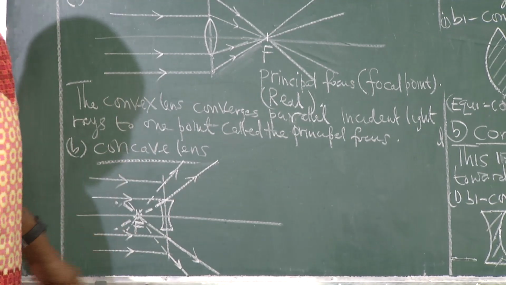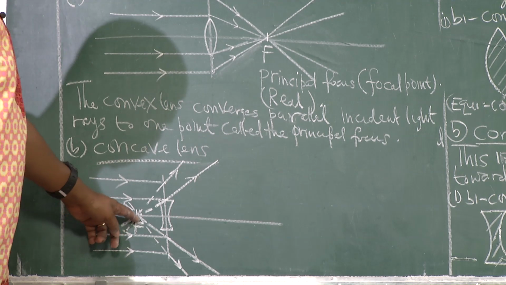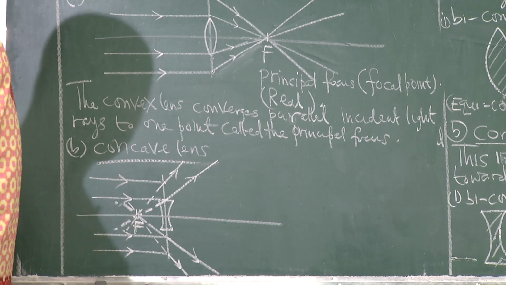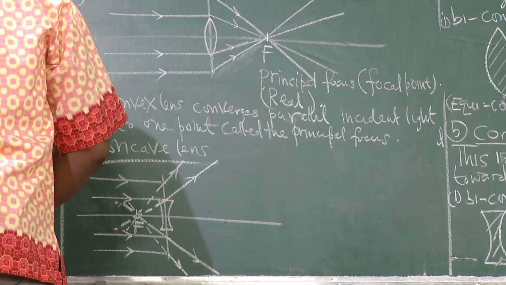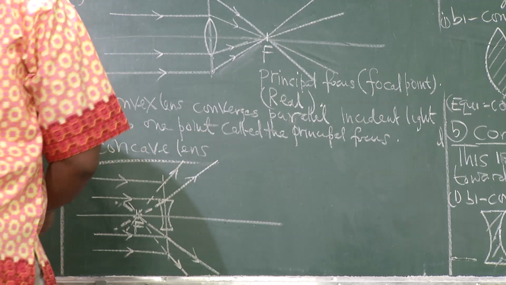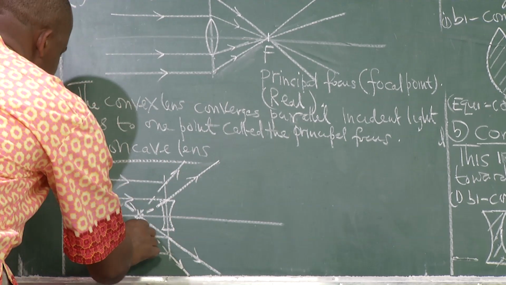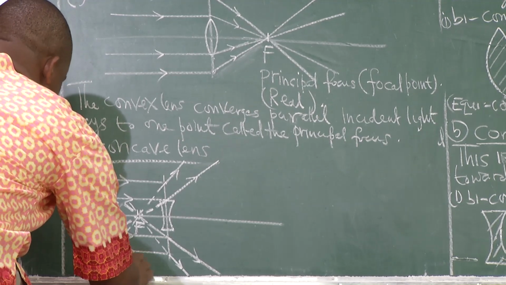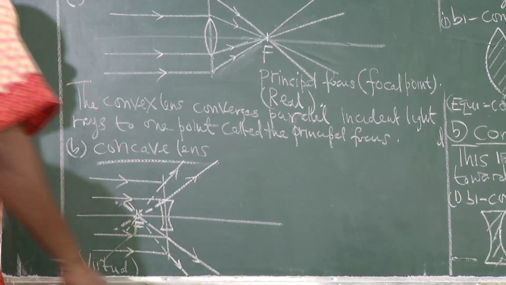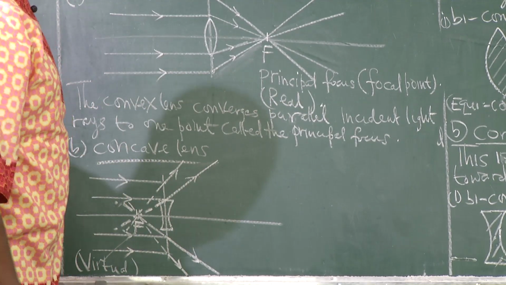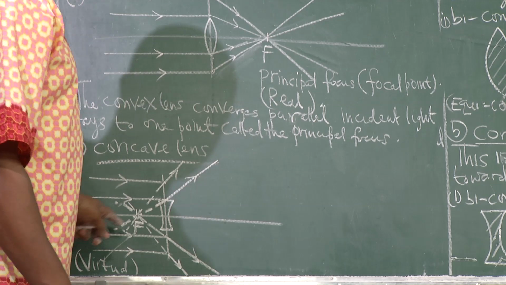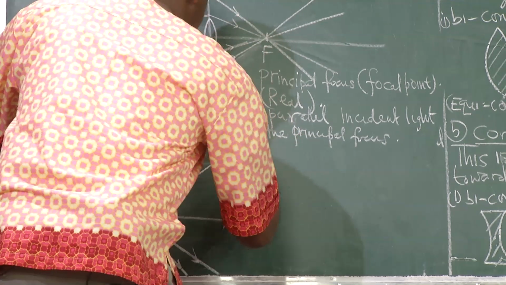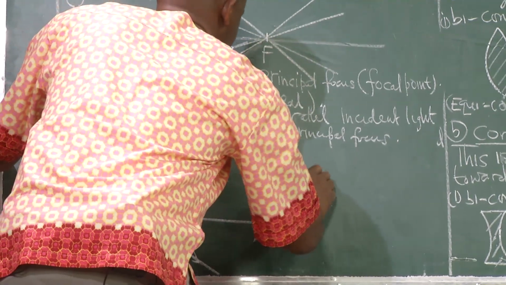Now you notice the difference here, that the light rays had to be extrapolated to converge at point F. The rays had to be extrapolated to converge at point F, and therefore we say that this is a virtual principal focus. Virtual means that in reality it is not there, it is imaginary. So we can say that the concave lens